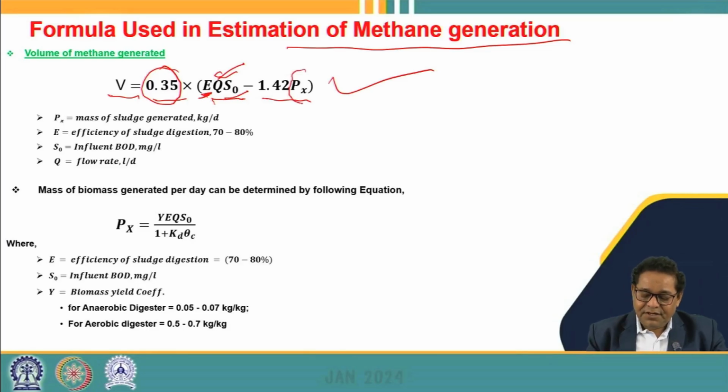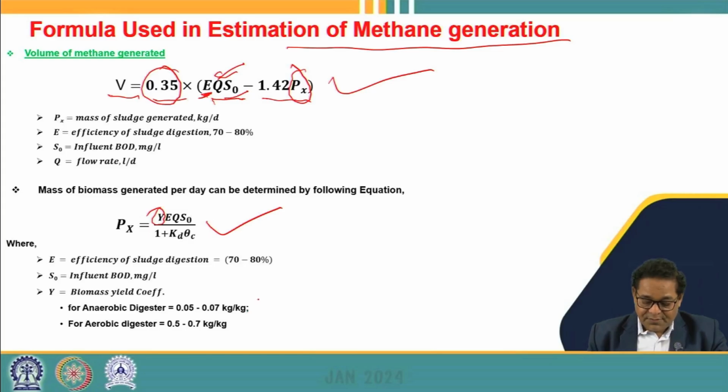Px is the amount of biomass generated per unit time, which we can calculate using the formula Px equals gamma EQ S0 divided by 1 plus Kd into theta C, where gamma is the biomass yield coefficient,